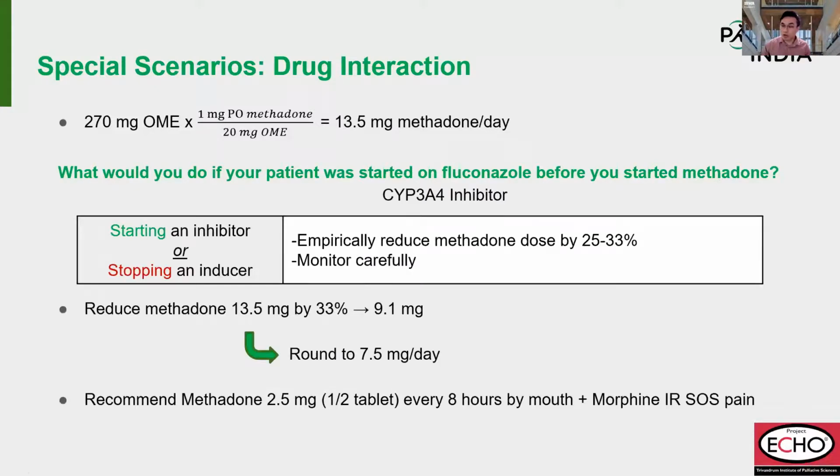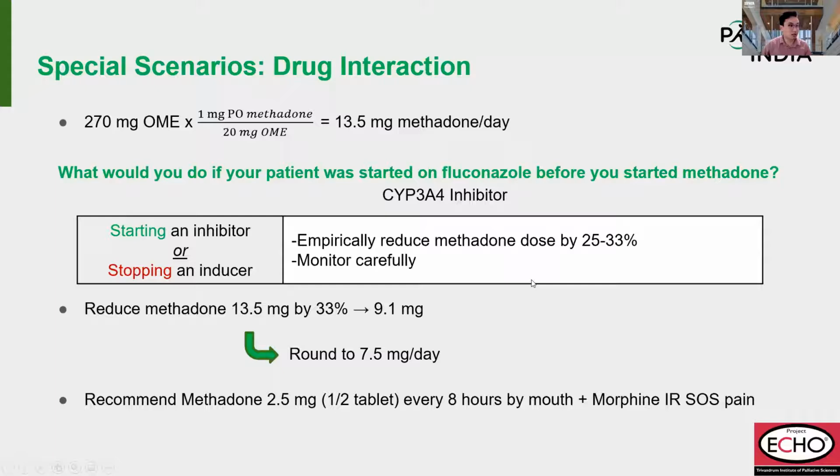So we want to keep in mind that fluconazole is a moderate CYP3A4 inhibitor. And when we talked about the drug interactions, this is one of the CYPs that we're worried about. So remember, when we start an inhibitor or stop an inducer, we want to empirically reduce methadone by 25 to 33%. This also applies to new starts. And we want to be conservative because we don't know the exact amount how much methadone is going to be increased from this drug interaction, but this is more of a